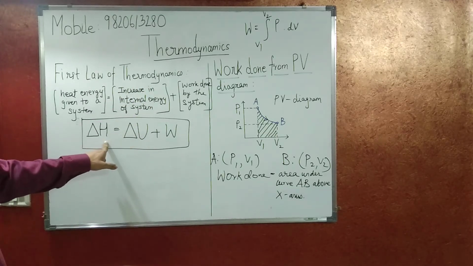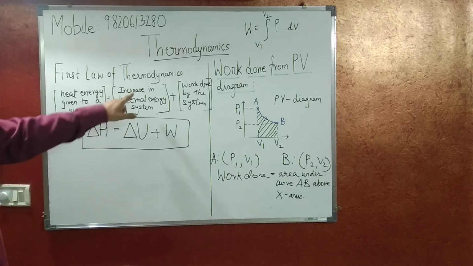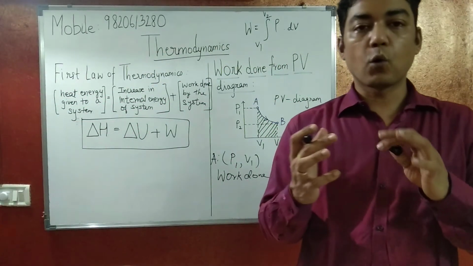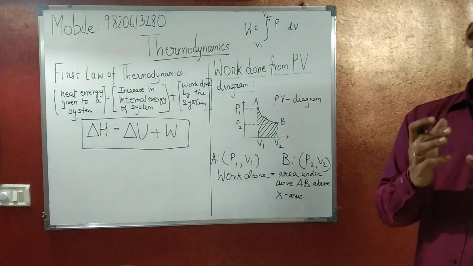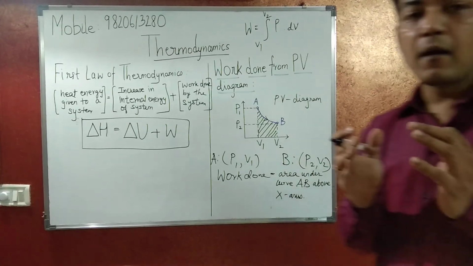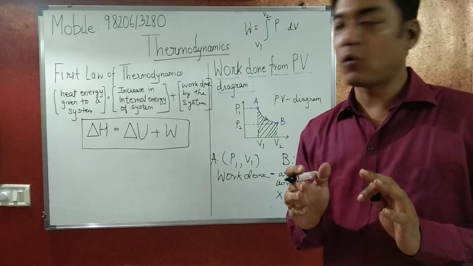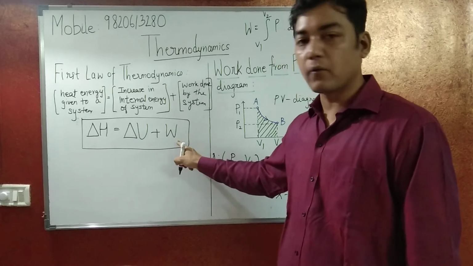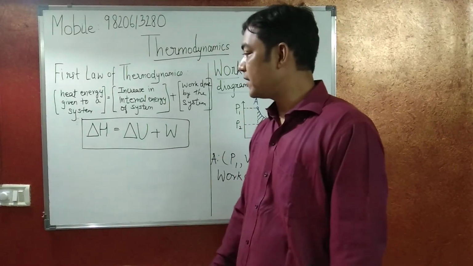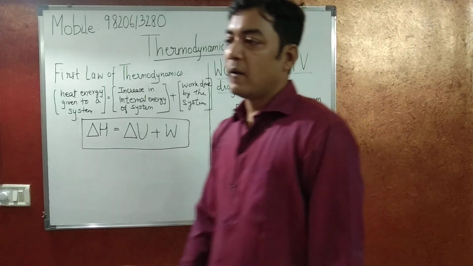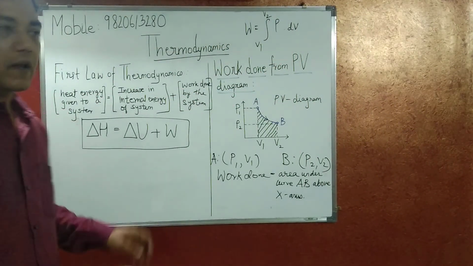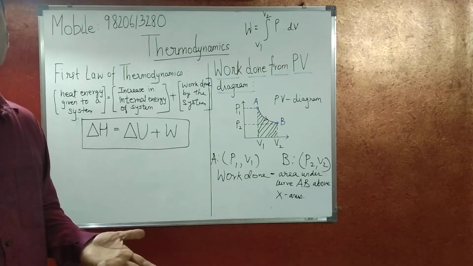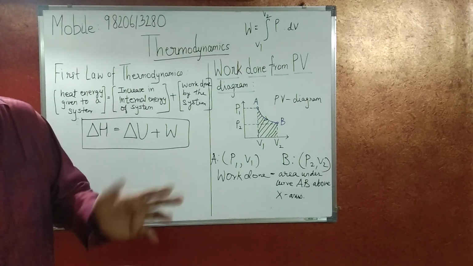Now, heat we understand. What do you understand by internal energy? Internal energy is nothing but the total of all energy which the atoms and the particles have. That is your internal energy. So U stands for internal energy, W for work done, and H for heat energy given to the system. Now the other case could be, instead of giving heat energy to a system, a system might release heat energy also. That can also happen.